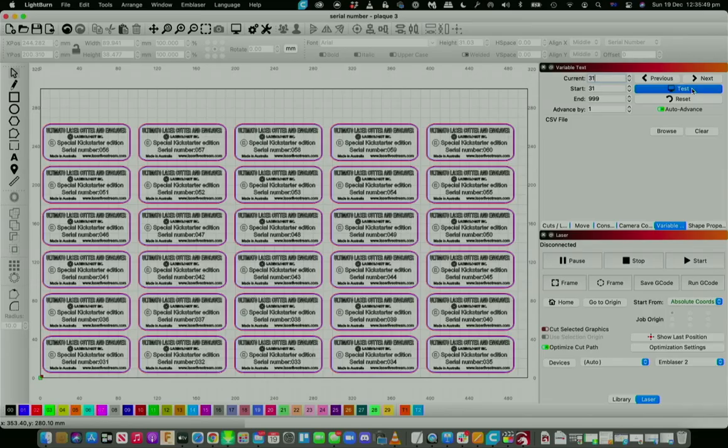And there you can see at the bottom that we have 31 coming up, and it's going all the way to 60. That's in the top right hand corner. You won't need to do that as long as you've got that auto advanced. All you'd need to do is put a new piece of material into your laser and run the job. And that, my friends, is a really fast way to get a real professional job done incredibly quickly using variable